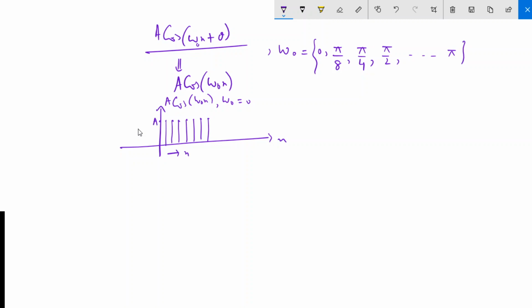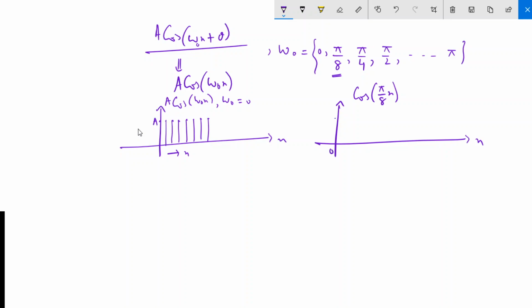Or if you just take cos omega naught n, it is 1. Then I increase the frequency. We go from DC frequency to higher frequencies. Suppose we have a frequency of pi by 8. How will this signal look? We have cos of pi by 8 n. Omega is pi by 8. When you plot this signal